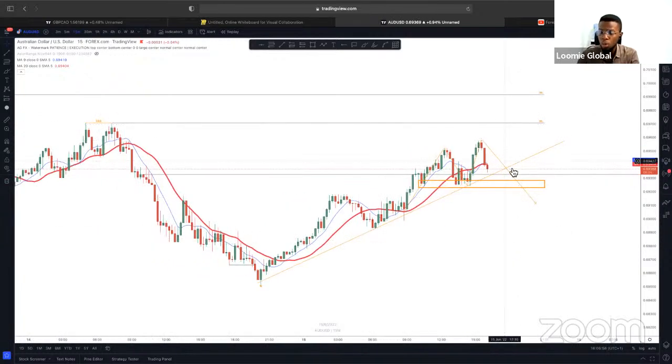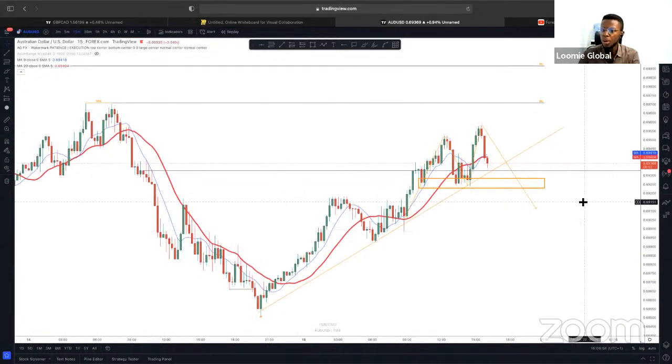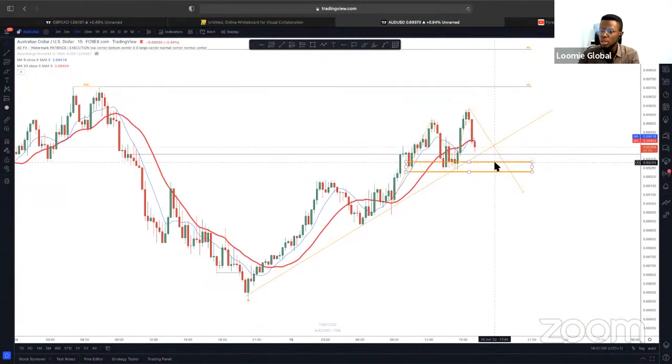If I now send a trade idea to the group by tomorrow that we are selling AUD/USD, you are not confused. You're not at a loss. You're not like, okay, why are we even selling AUD/USD? You already have an idea right now why we are selling AUD/USD, right? One of the things that I want us to begin to do soon enough, even right away, is when a trade idea is sent to the group, on your own, open your chart and try to understand what this person is seeing that he's saying, let us sell now. What is he seeing that he's saying, let us buy now, right? Try to figure it out on your own.